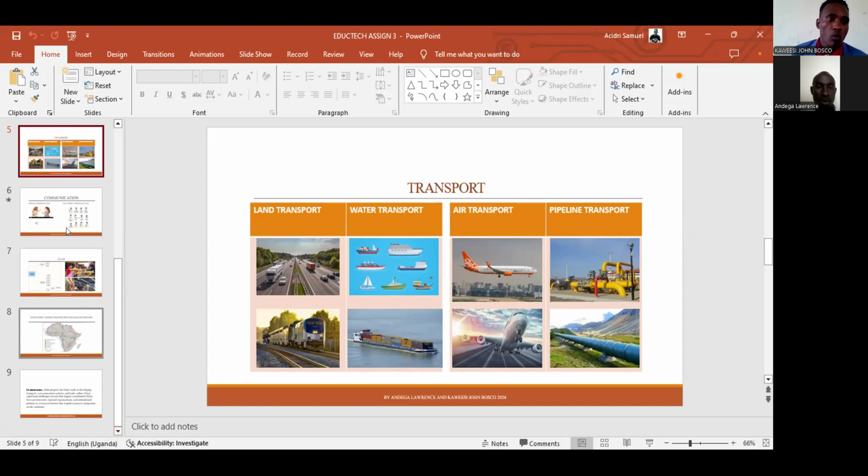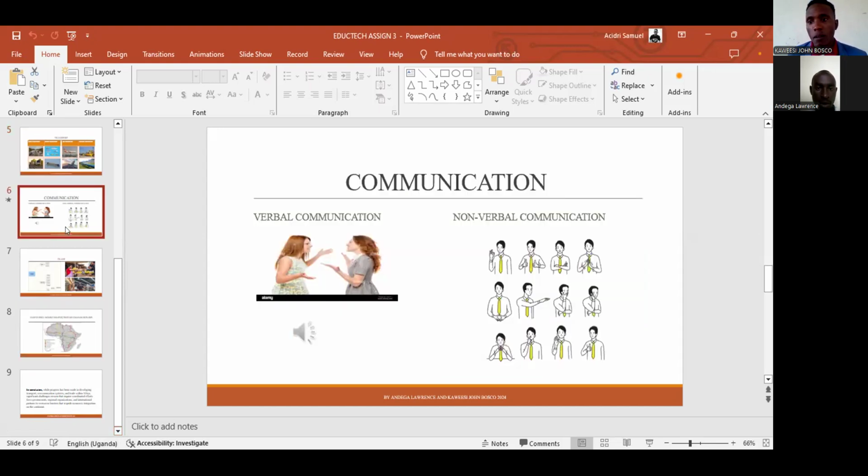Another keyword that we can talk about. Are you seeing my screen, Lawrence? Yes, I see it, sir. Yes, what are you seeing? I'm seeing communication as a major topic, and we have verbal communication and non-verbal communication. I see some people being drawn under non-verbal communication, showing different signs, others stretching their hands. Many others, I see a lady facing a lady, and I see something like an audio, I'm not sure. So that is what I see from the slide.